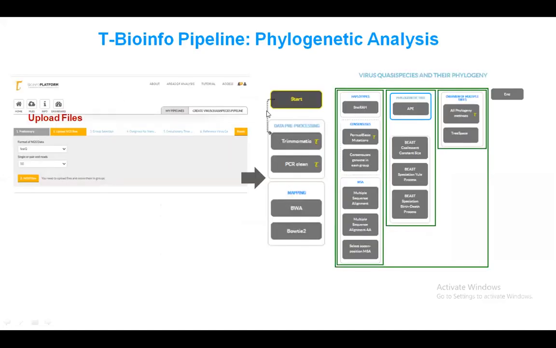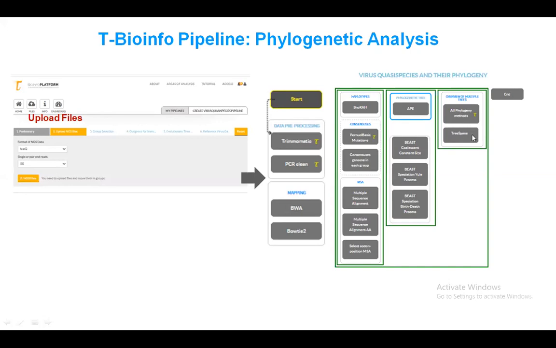How can you do this on our T-Bioinfo platform? Once you have uploaded files, you can generate haplotypes, and then generate phylogenetic trees. All phylogeny methods generate multiple trees, and I will give a demo of this part as well.